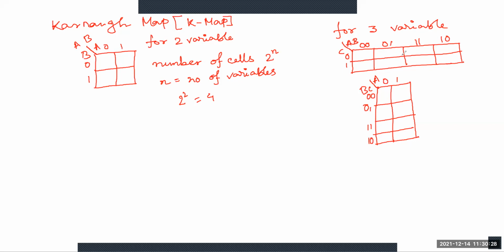Now your question is, sir, till now we have seen the sequence 0 0, 0 1, 1 0 and 1 1, but here you have written 0 0, 0 1, 1 1 and 1 0. The third sequence is changing. So why is it changing? Because for one step, you should change only one position. If we consider the first two, 0 0 and 0 1, the first bit is the same and only one bit is changing.